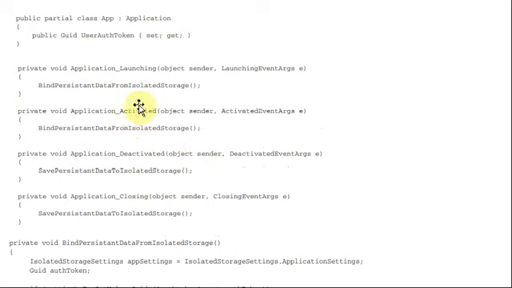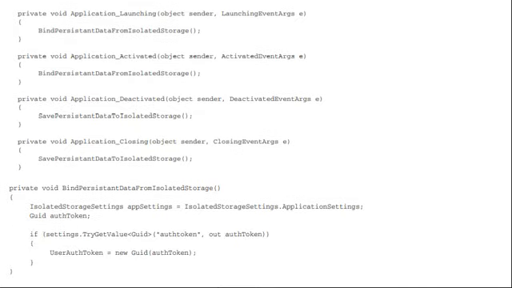For all these calls, you have the corresponding function, that is bind. You have bind from the isolated storage, again bind from the isolated storage, save to the isolated storage, and again save. So for deactivated and closing, it is save. For launching and activated, it is binding. Binding is nothing but you're getting from the isolated storage.